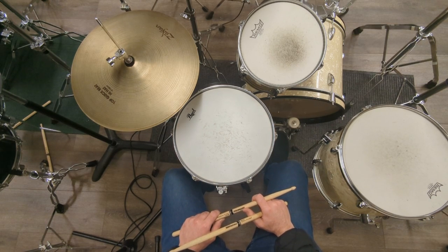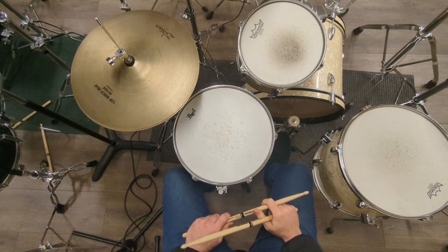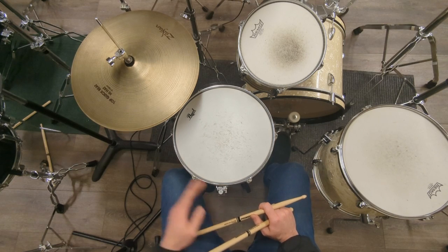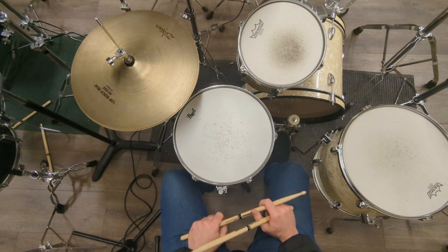1, 2, 3, 4, 1. A really strong 1, this sort of gut punch that gives it an oomph to the music. So if you're doing all the 16ths on the grid, there's going to be 2 places where you have a double in the kick. This is if you're trying to do the E of 1. So if you're doing both that strong 1, again, it's all about the 1, but you're also adding in the E of 1, you're going to get 1 E, 2 E, and a 3 E, and a 4 E, and a 1 E, and a 2 E, and a 3 E, and a 4 E, and a...